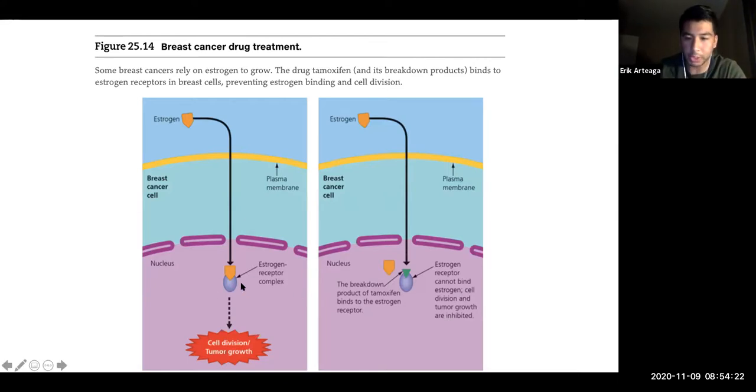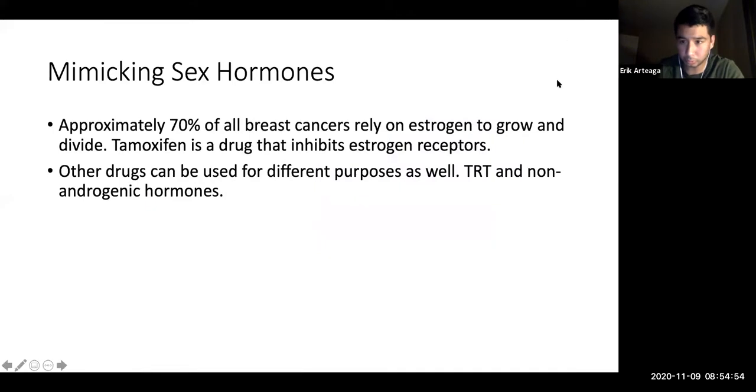estrogen. But you'll hear those commercials: HER2 negative or triple negative, HER2 positive, estrogen or hormone positive breast cancer. You hear that on certain commercials. Again, you don't hear any commercials about triple negative, because it's very difficult to treat. Typically, you'll see chemotherapies or essentially toxins or poisons being used to stop that cancer from growing. Okay, but again, estrogens can be important for slowing or stopping that cancer growth. Okay, so other drugs can be used for different purposes as well.